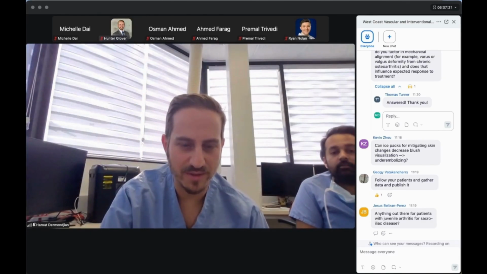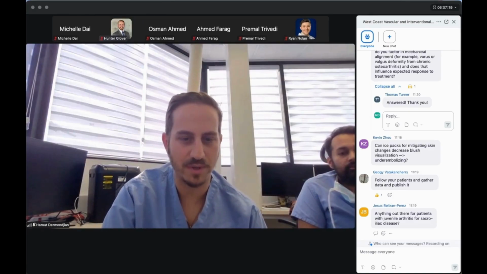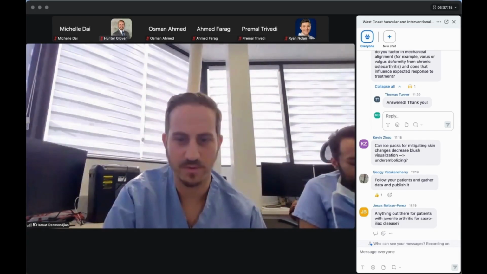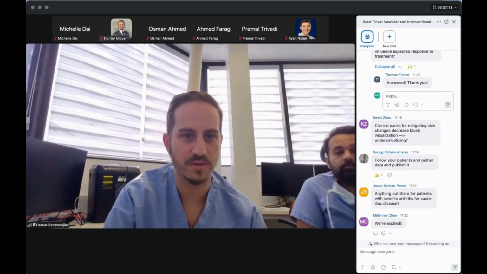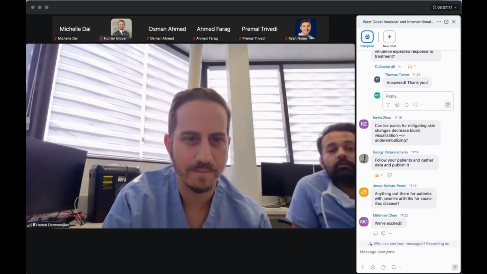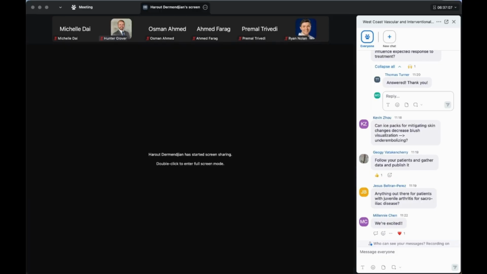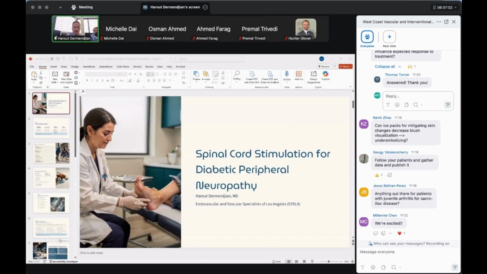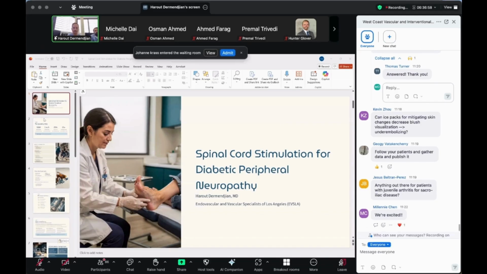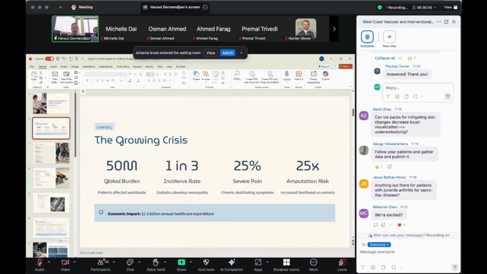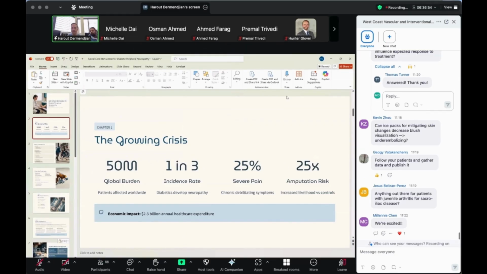So we're doing some legs today, and I'm going to be talking about spinal cord stimulators, which a lot of our patients are also going to be needing. Let me share my screen here. Okay, so spinal cord stimulators. So naturally, I see a lot of PAD patients, do a lot of arterial angiograms, and a lot of these patients are diabetic as well.